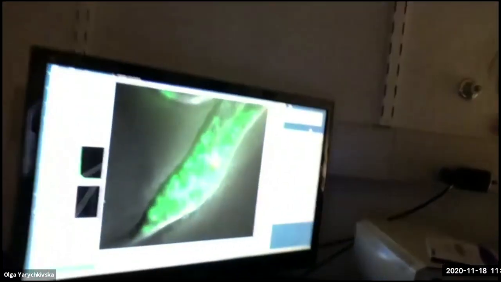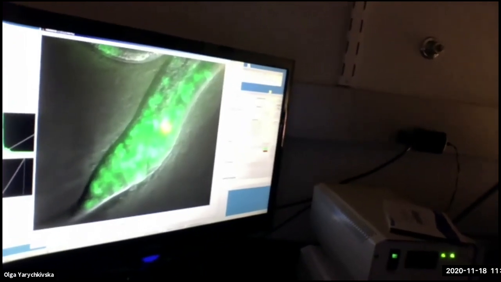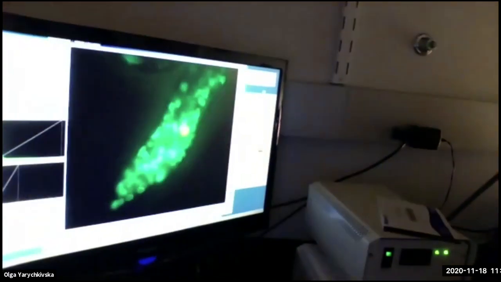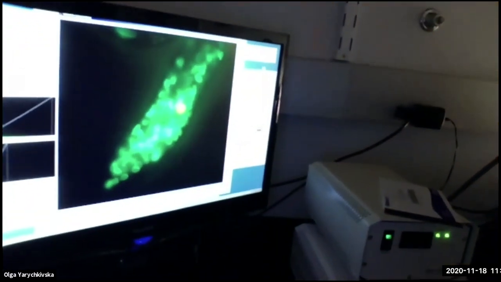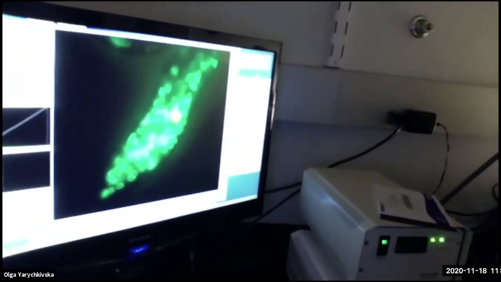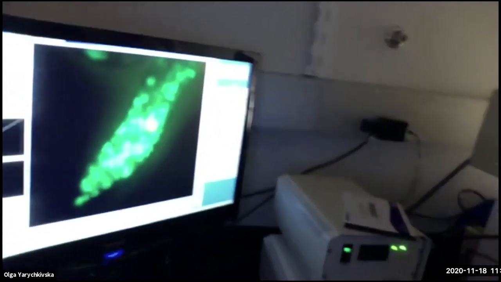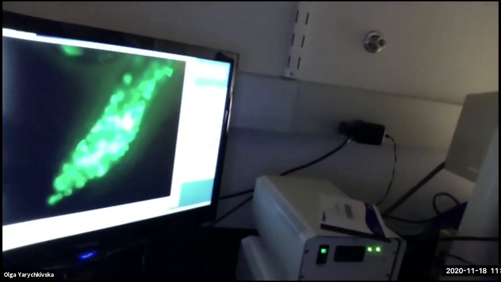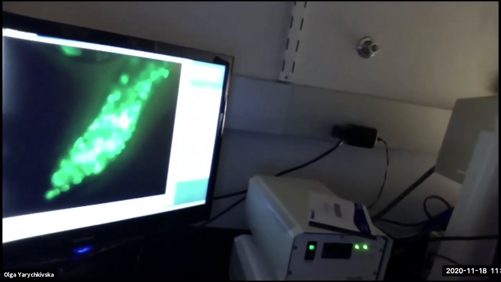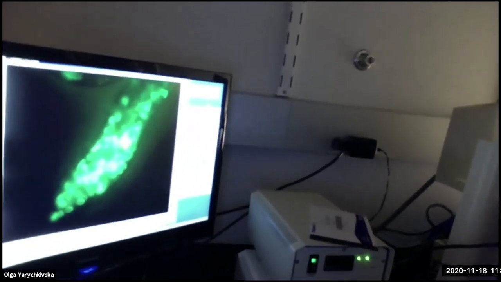I don't know how well you can see it from here, but let's remove some filters. In green, you can see many green spots. These are all the nuclei in all the cells. And then you can see this red signal. This GFP protein can be modified to emit different colors, so it will be called red fluorescent protein, yellow fluorescent protein, and other kinds.